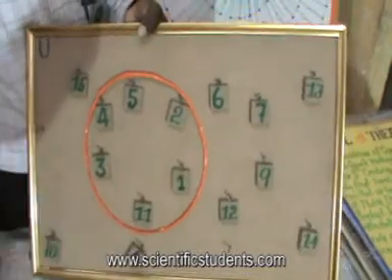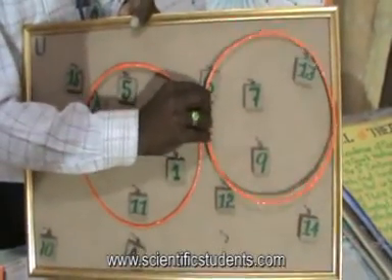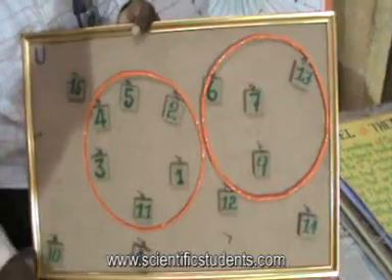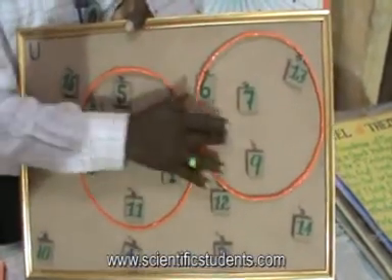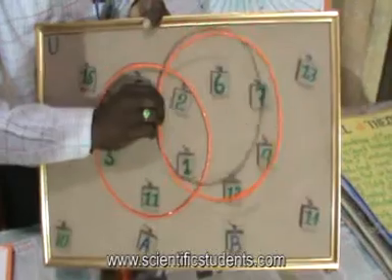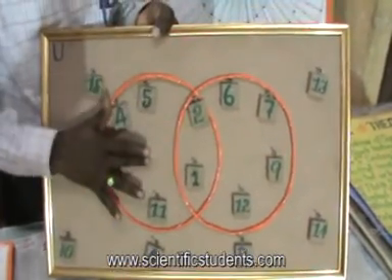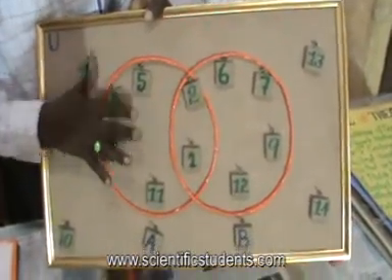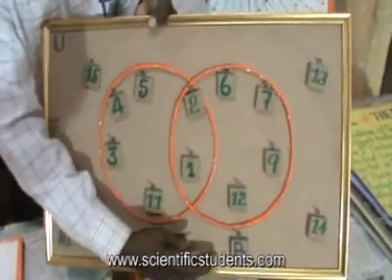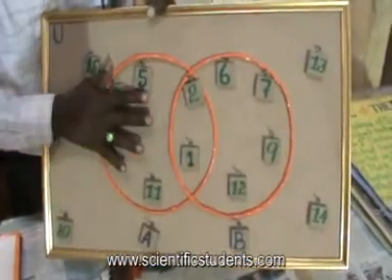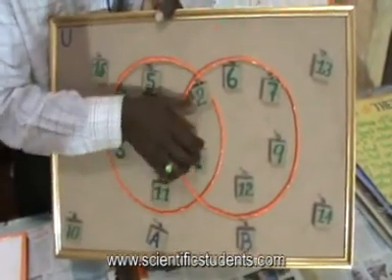Then I will put another set, circle subset. I will give this name as B. These two sets are the disjoint sets having no common elements. I will bring this like this. These two circles show the sets having the common elements. By using this, we can know the A union B, all the elements present in this. We can also know the A intersection B, only 1 and 2 are there.